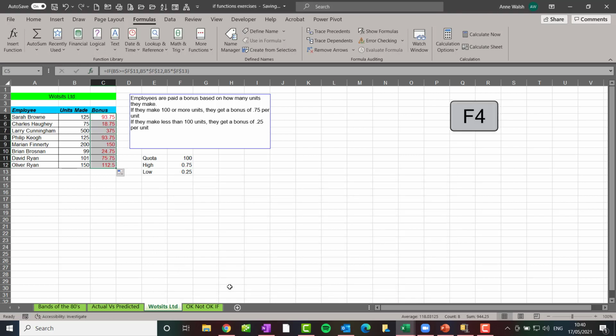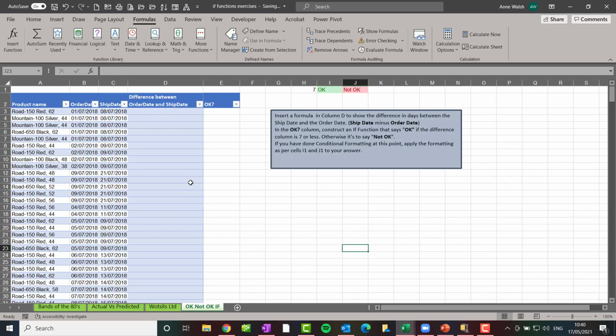And for the last one here, you have a scenario where you're asked to insert a formula in column D to show the difference in days between the ship date and the order date, ship date minus order date. So equals ship date minus order date. And just a reminder again about dates in Excel, that as far as Excel is concerned, the world began on the 1st of January 1900, and basically the number of days is